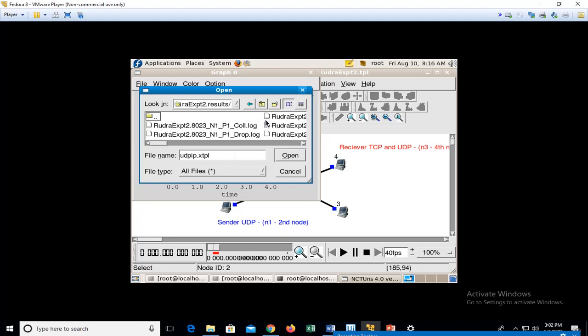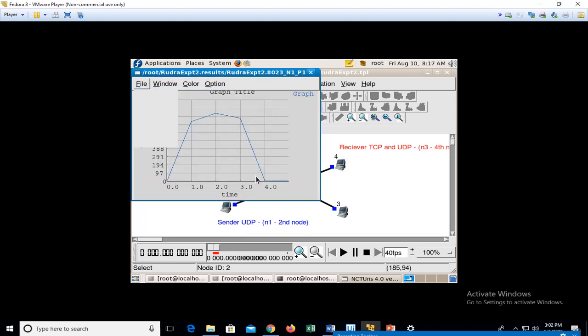In this I'll check out whatever you have set using this. You can see the throughput of the overall network. Previously we had seen that if only 2 or 3 nodes are communicating, it was a flat curve, but now the throughput is reduced to some extent. This is in kbps, as specified here. The maximum I am able to achieve is within the range of 873 to 776. In this range I am getting the throughput.